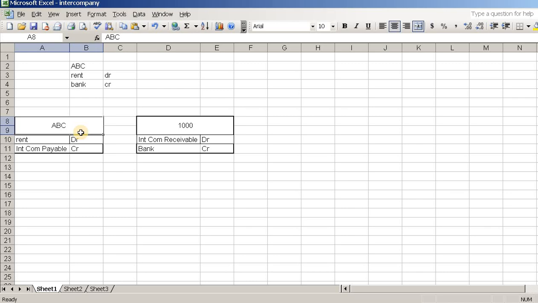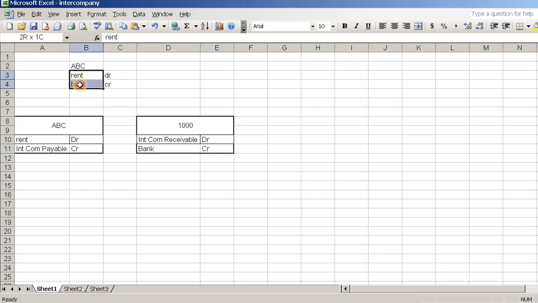Say for an example, ABC is contracting the vendor, who is the floor provider, and ABC is saying, okay, on behalf of me the 1000 company code will pay. But in ABC's books of account, what will be the accounting entry posted? That is rent account debit to intercompany payable. Means in ABC company code only the floor rent happens, but it will basically be paid by the 1000 company code.